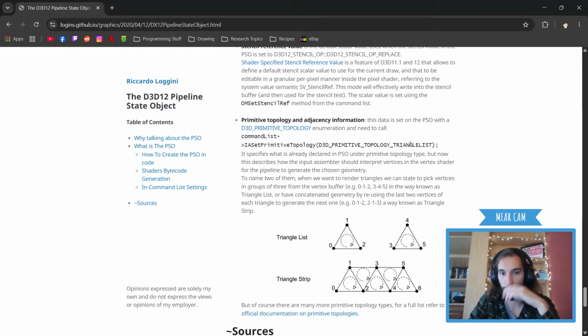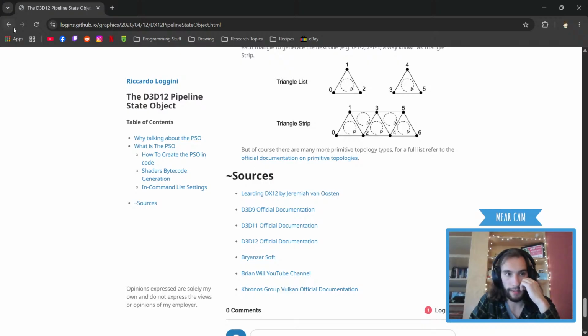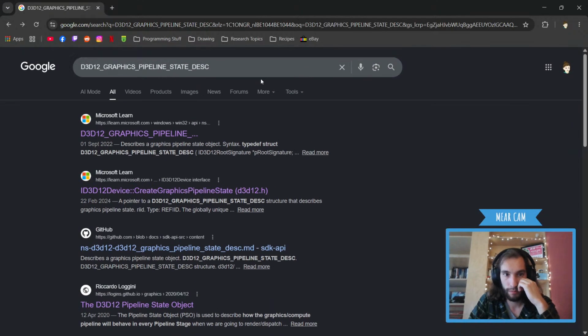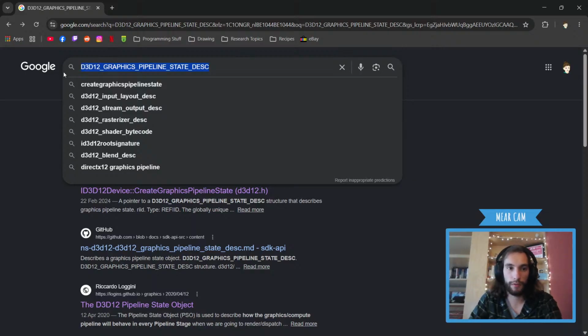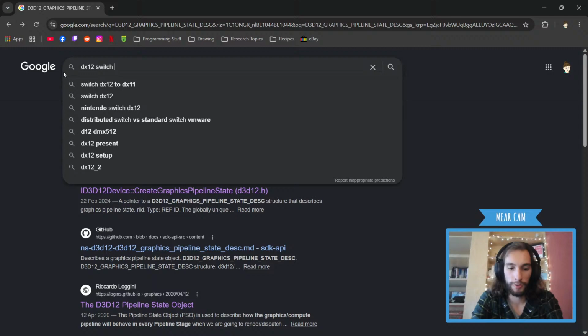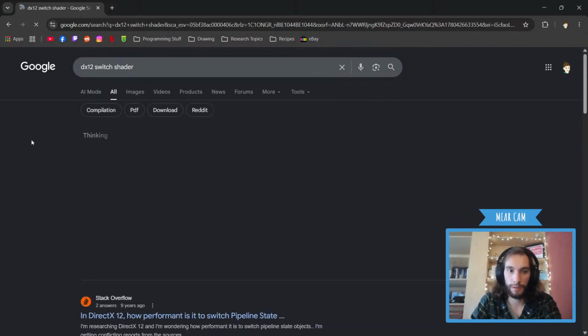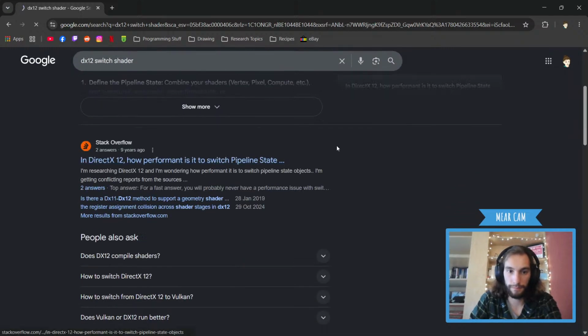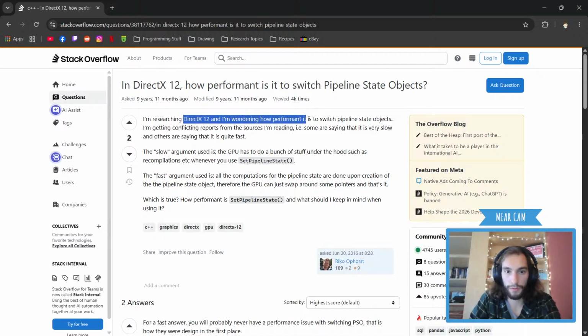I'm not actually sure if we have to switch the shader in DX12. I'm wondering how performance is affected by the switch.